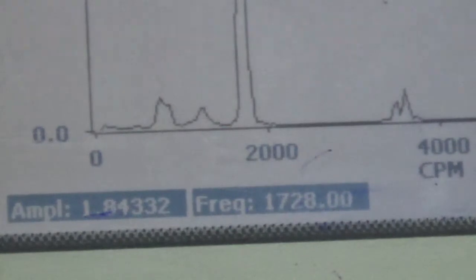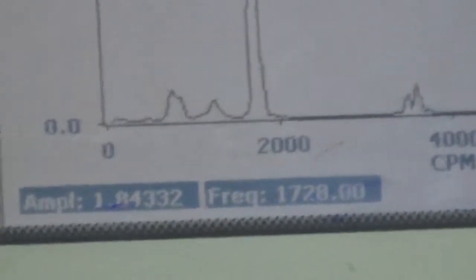And in case of unbalance, the frequency of vibration is the same as RPM. And unbalance is the most common problem in the plant, and this you can find very easily. Just check the spectrum, and if you see any frequency which is equal to the RPM of the machine, it means that the problem is unbalance. And the amplitude at this frequency will tell you how much is the unbalance.